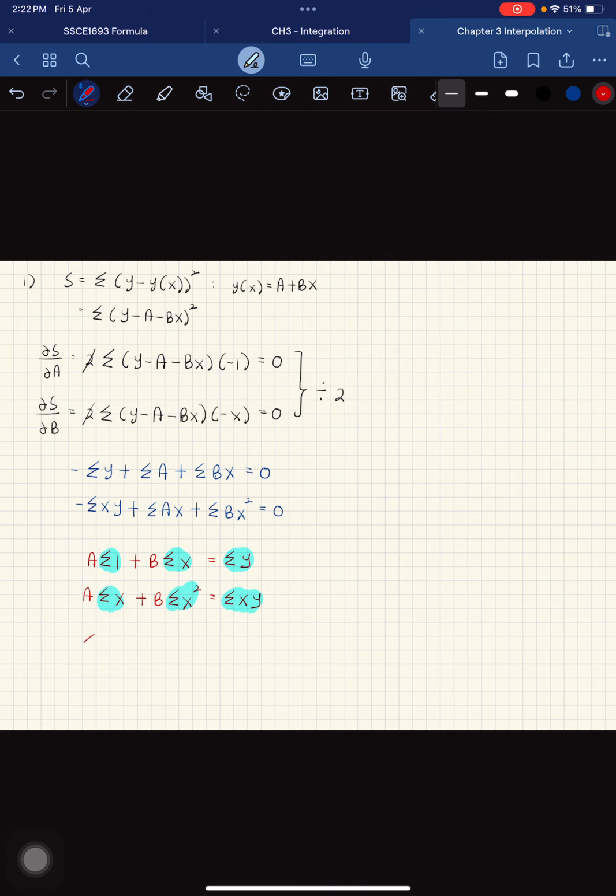So summation x equal to 22.8, and then summation y. For summation y, you press option, find summation 1. So summation y is 3, so press number 3 equal